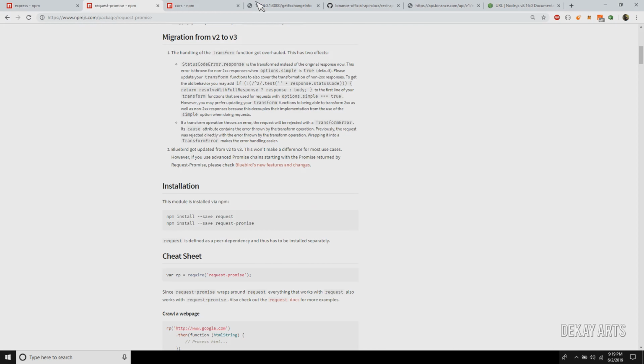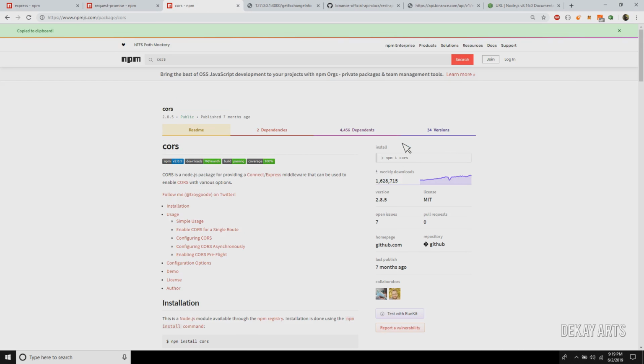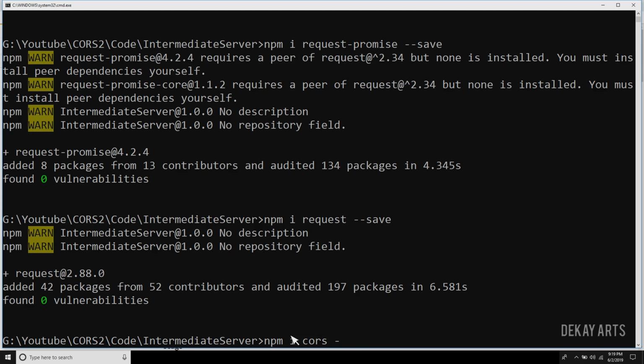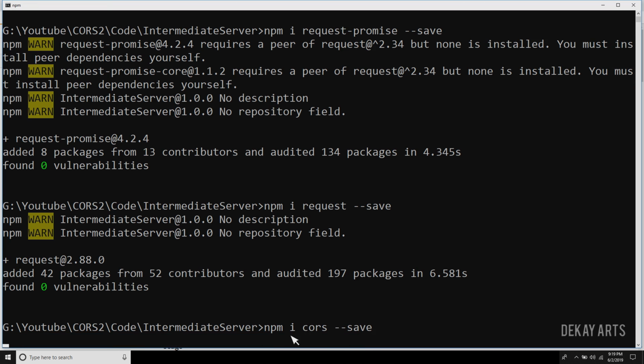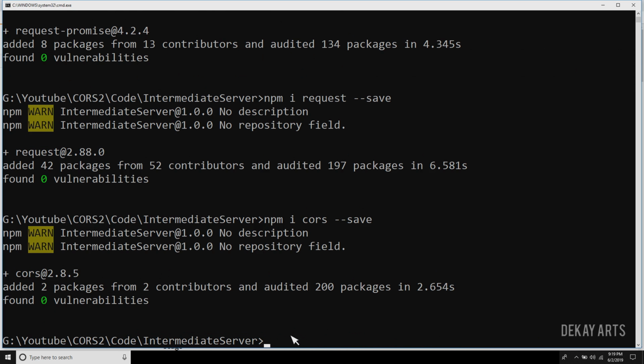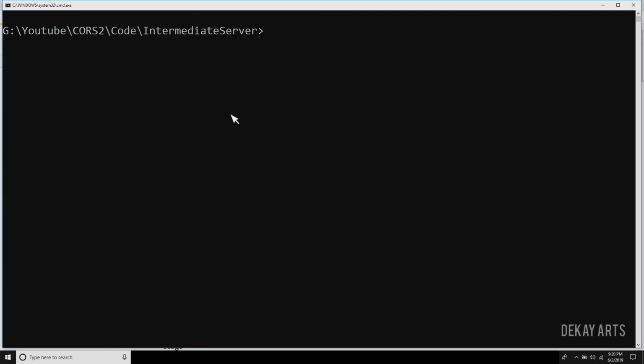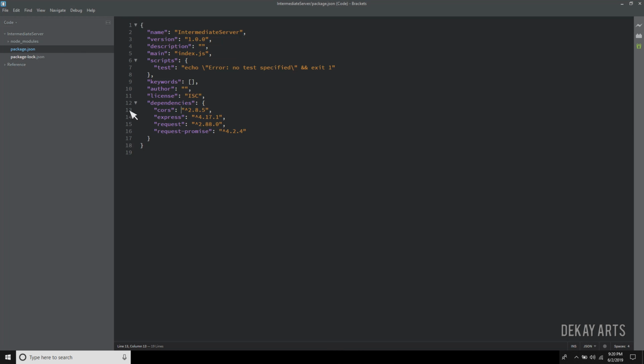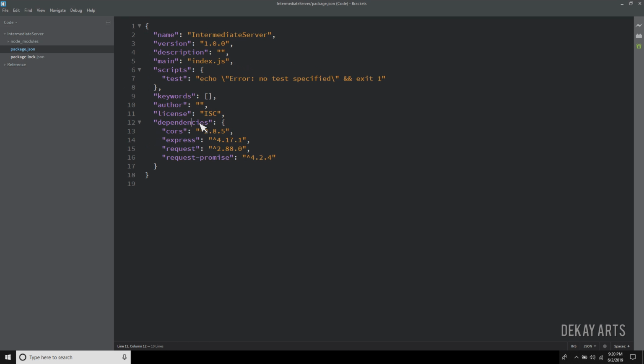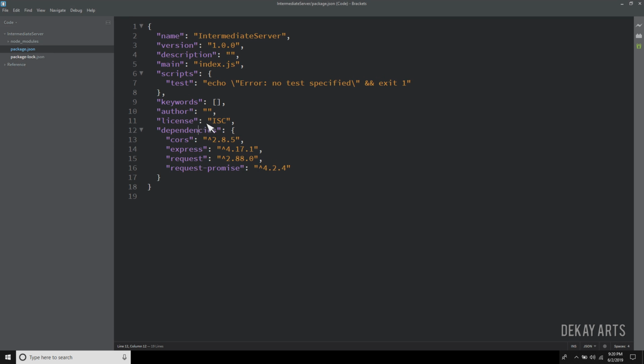Okay, this is installed. Next we have to install CORS. I'll copy this. That's it. We have installed all the 4 modules. Now we can get going with the code. Let's wait for this module to get installed. Awesome, it's done. If I hit cls, the page gets refreshed. If I go back to my page, you can see under the dependencies section we have all the modules that are installed.